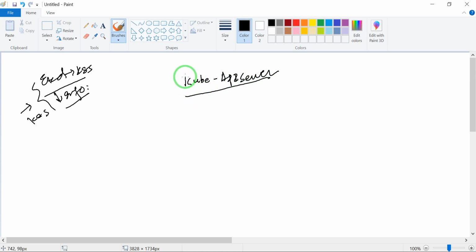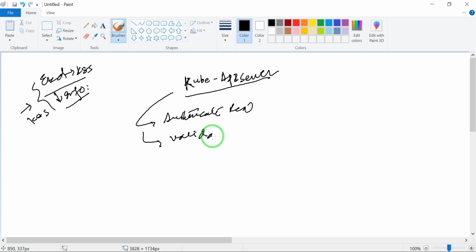It's a very main component where everything is controlled by the Kube API server. First, it authenticates your request and validates it. After that, it is passed to the other component you are asking for.